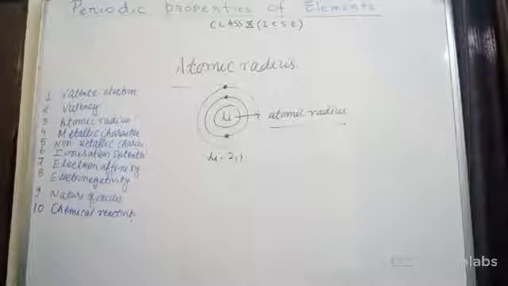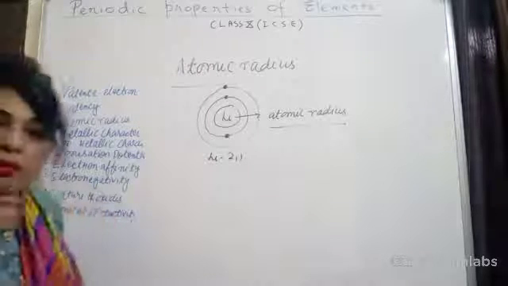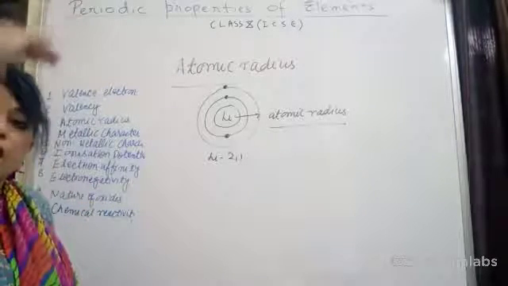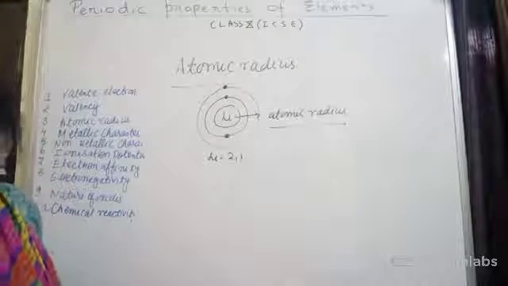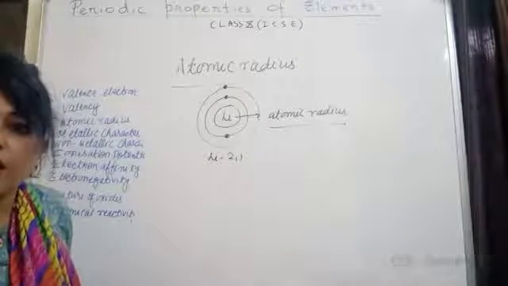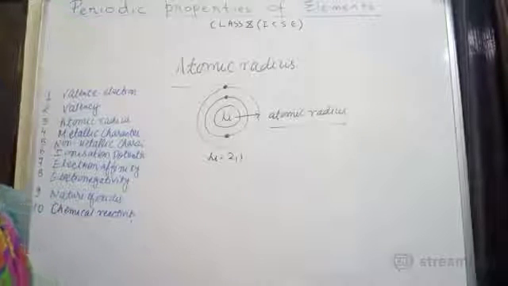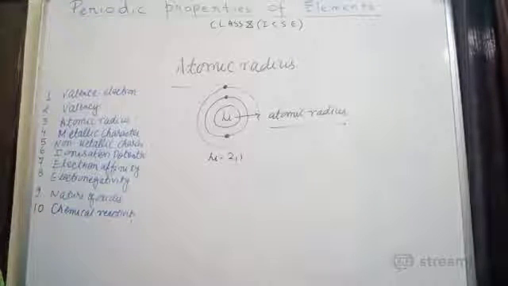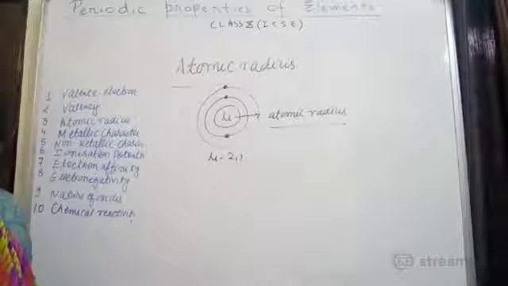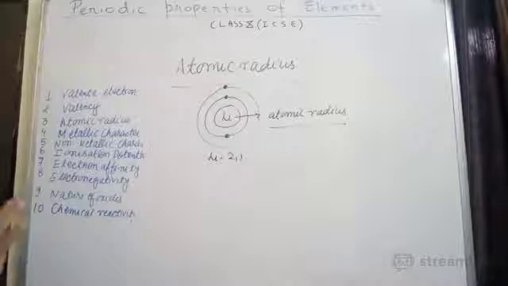Now we will see how atomic radius changes when we move across a period or when you move down a group. Clear to everyone? We have understood the meaning of atomic radius. I hope everybody is clear. What is the atomic radius? Atomic radius of a chemical element is a measure of the size of its atoms, usually the mean or typical distance from the center of the nucleus to the boundary, or you can say the outermost shell of the element. Clear?